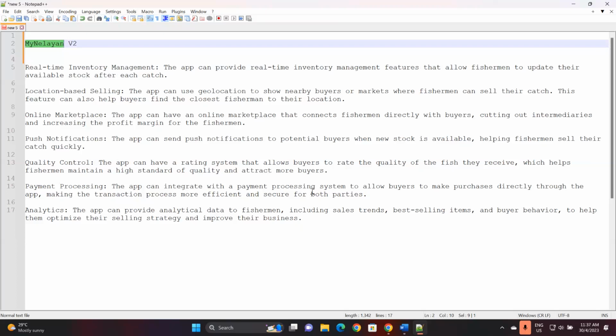So the first thing that I'm going to look at here is inventory management, which is whatever they've captured during the day or whatever they haven't yet sold. So that is basically real-time inventory management. Whatever they manage to capture, they can just update the stock directly to the database. Okay, so real time. Real time here can be defined as